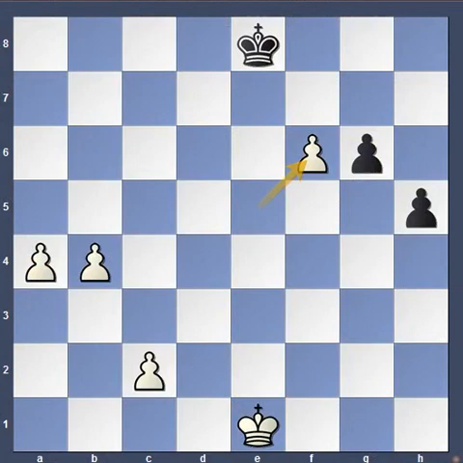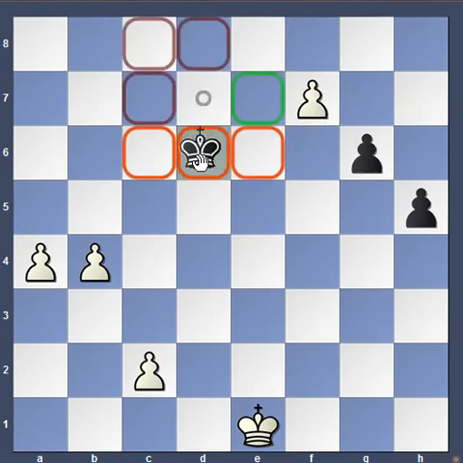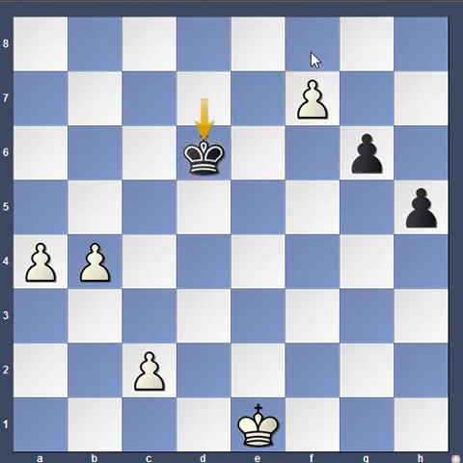And another important feature of the pawns is that a pawn can be promoted to any piece that we want. Say for example, if we move the pawn to the last square, that is the 8th rank for whites and the 1st rank for blacks. So once we move the pawn to the 8th rank, it can be promoted to any piece, not necessarily queen. We can choose any piece that we want as per the requirement.